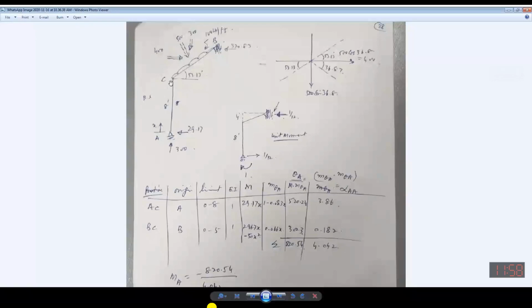EI is constant, and you will see M is 29.17x. You can see it is passing through this A joint, so it will have no effect, and under the effect of this 29 there will be moment of 29.17 into x, and it is creating sag inside, so it will be taken to be positive. Similarly, in case of this one, now you can see